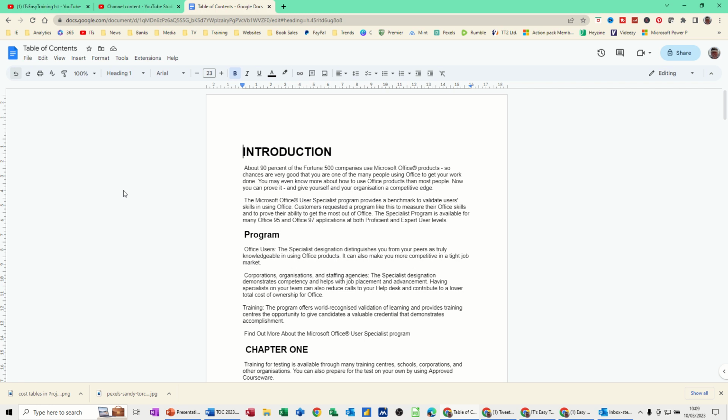What I want to cover in this module is how you can create a table of contents that will automatically link to various sections of your document. So to be able to use the table of contents feature, you have to set your headings using heading styles. So the document on the screen